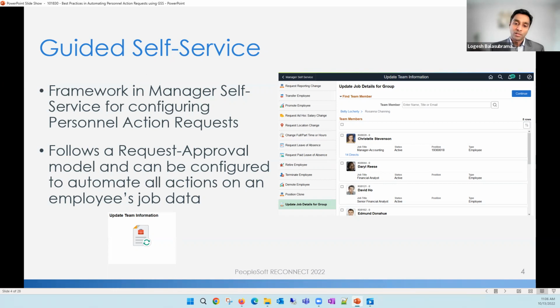So it basically has a two-panel layout with a list of actions and the detailed pages to perform those actions. Now, a very important thing to remember here is that with the guided self-service framework, it enables managers to request updates to employee data and not necessarily complete the update itself. So one thing that we always discuss with customers when we talk about this feature is